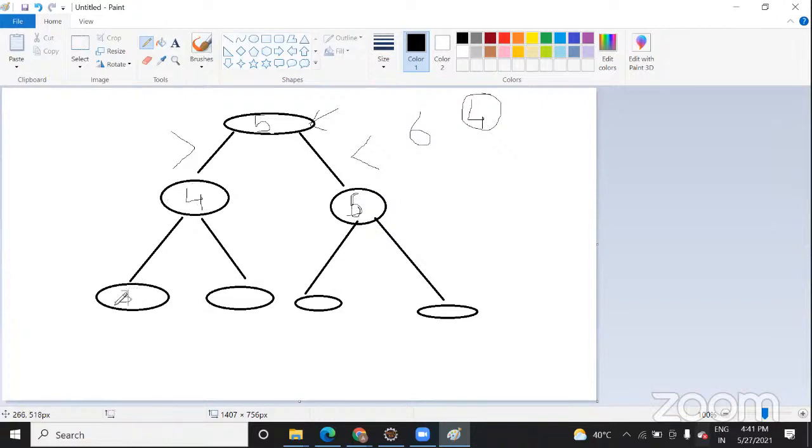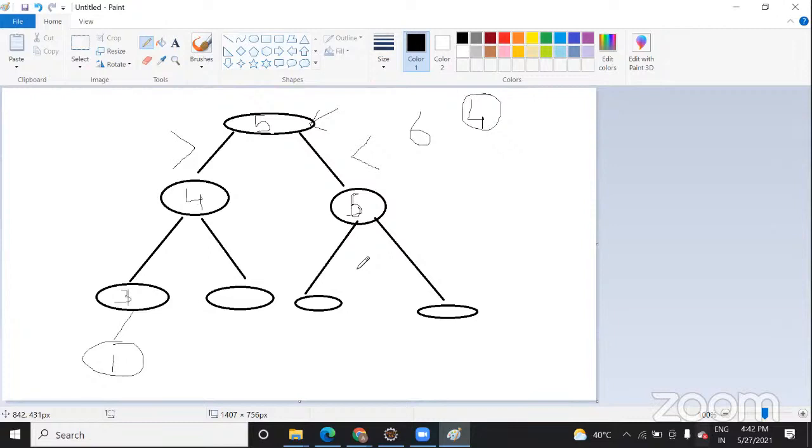We will create one more node and 1 will come here. Why will 1 come here? Because it is less than this, and it is not this side. So there is another node next to 3. I just created it randomly, just to make you understand how data is usually placed by the tree structure.